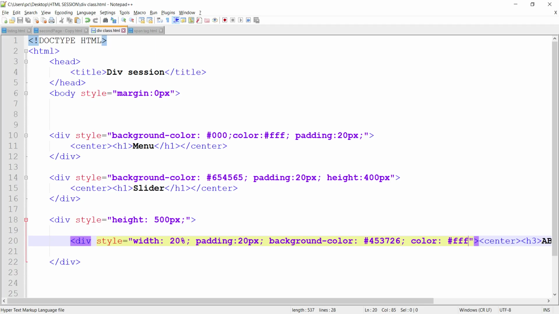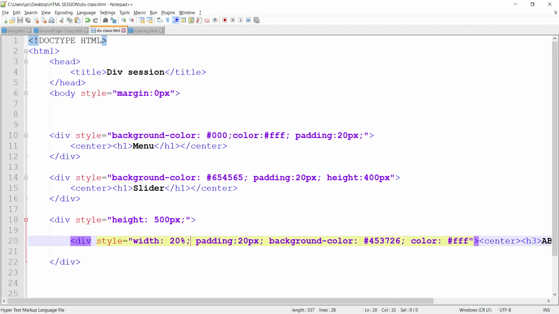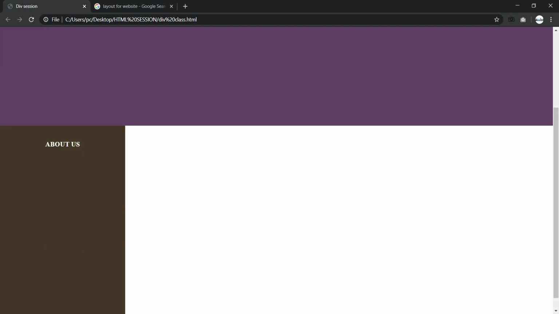Okay, so here the maximum width of the parent is 500, right? And the children we haven't used yet, so for the children also let's give 500 pixel. Okay, semicolon. Okay guys, see, we are creating our layout here.